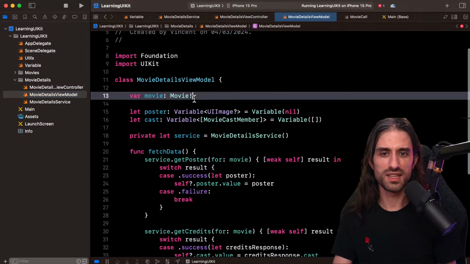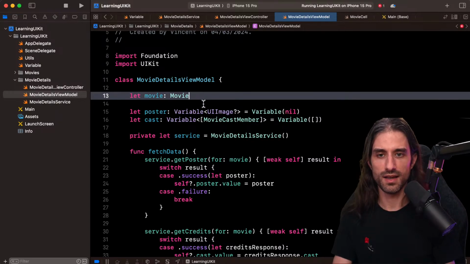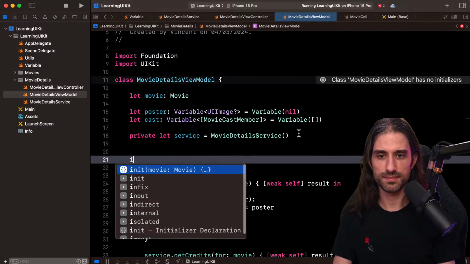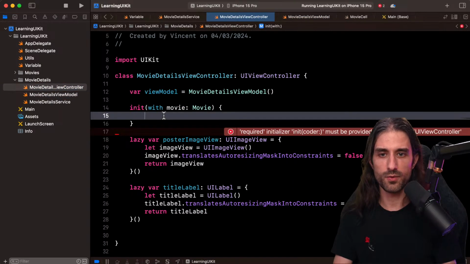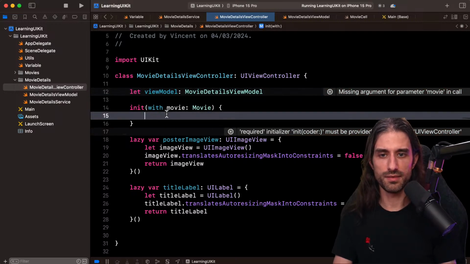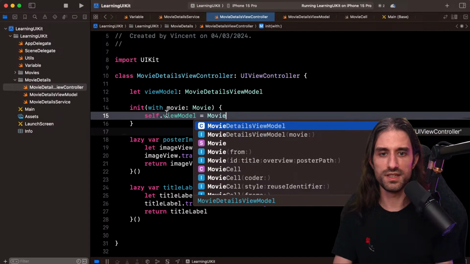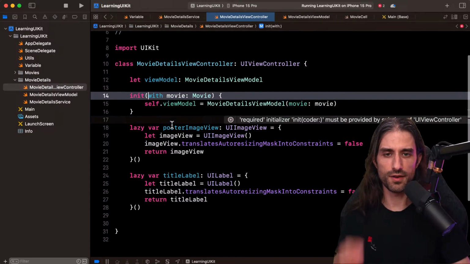And this way, because here this force unwrap isn't great, I'm going to make it let movie like this, and I'm going to have an init where I can pass the movie. This one will be a let. I'm just going to declare the type and not initialize it at the same time that I declare it, and here I will do self.viewModel equal MovieDetailsViewModel, and I pass the movie, and this way the code will be a bit safer.